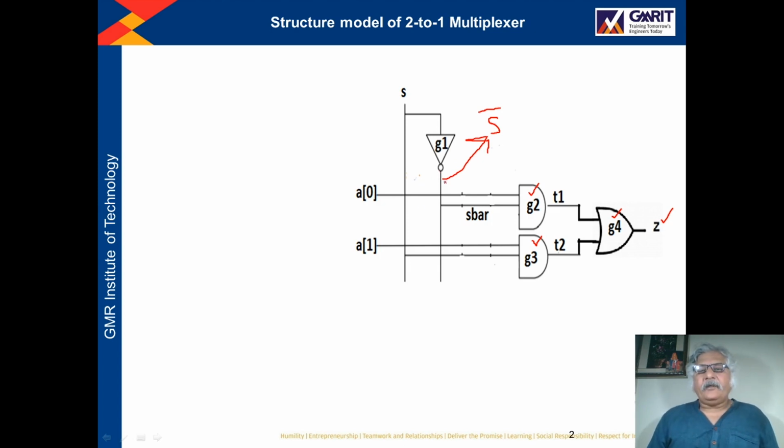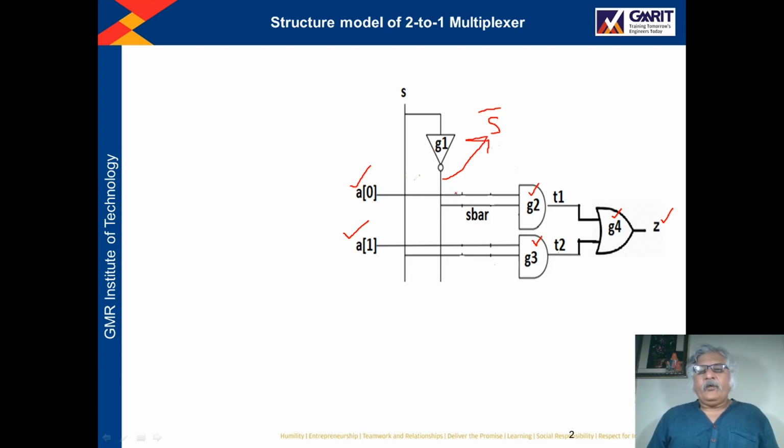and now you just see gate number G2. In gate number G2 we have connected one input, A0. In gate number G3 we have connected the second input, A1, right? So the inputs we have connected to these gates G2 and G3.